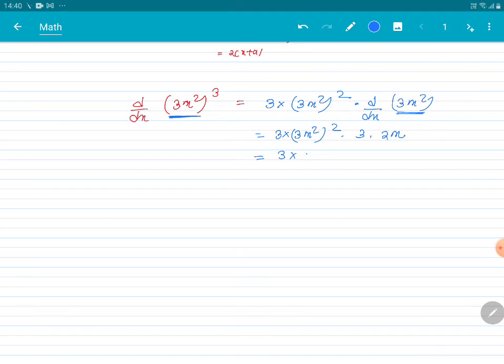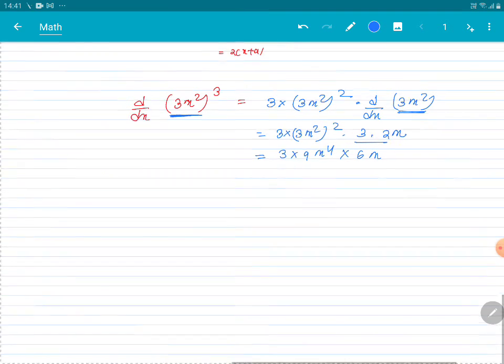Okay, 3 into 3 is 9, x power 4, and 6x. Then you multiply. Yes, so similarly